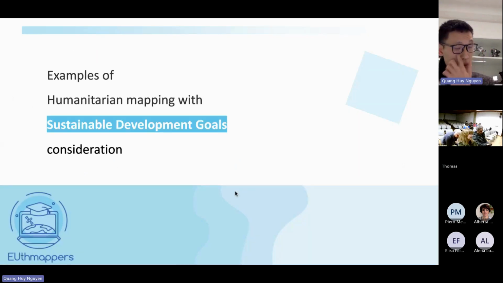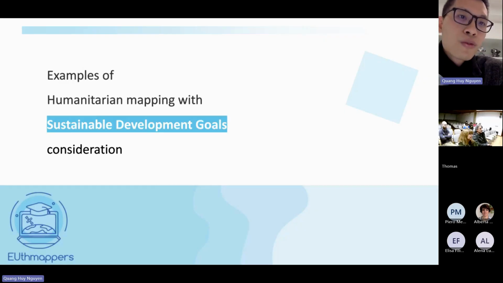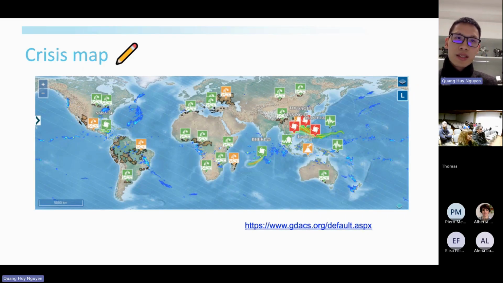And so today I will go through some examples about humanitarian mapping. I will show two of them about how humanitarian mapping can deal with taking the sustainable SDGs into consideration. First we see the crisis map. This map I have taken also from GDIC, and we can see that crises happen everywhere in the world.